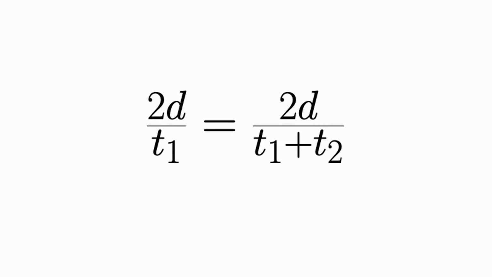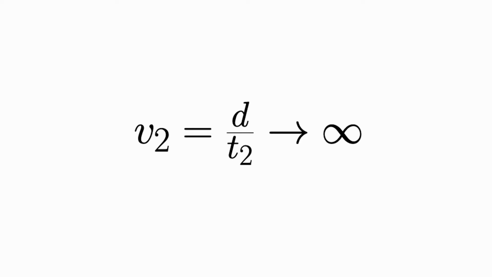The average velocity over the whole journey is on the right side of the equation. The question asked for this to equal twice the initial velocity, d over t1. So that's why 2d over t1 is on the left side of the equation. Now, as you can see, it is not practical to make the two sides of the equation equal. It's a trick question. To get equality means the t2 term must vanish, making the velocity v2 down the hill